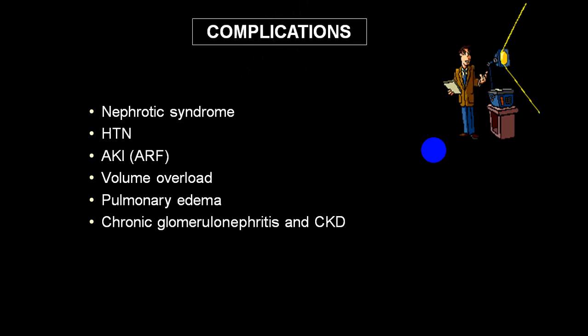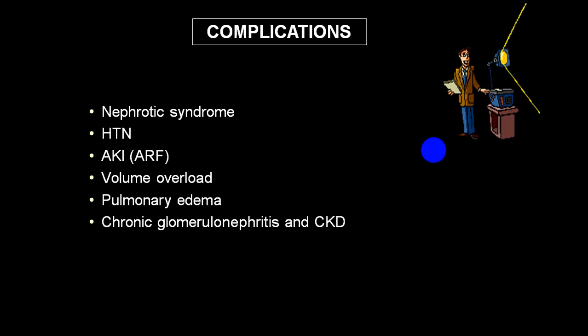Regarding complications, a person can have a nephrotic variety or a nephritic variety. If a person goes into the nephrotic variety, it is usually slowly progressive, so the person may go into nephrotic syndrome and later on into chronic kidney disease, CKD. Hypertension is a common complication which will persist, and the person will have secondary hypertension, or what we call renal hypertension. In a variety of acute glomerulonephritis, the person can go into AKI, and from AKI into end stage renal failure. Volume overload, pulmonary edema, cerebral edema, etc. can be another group of complications.